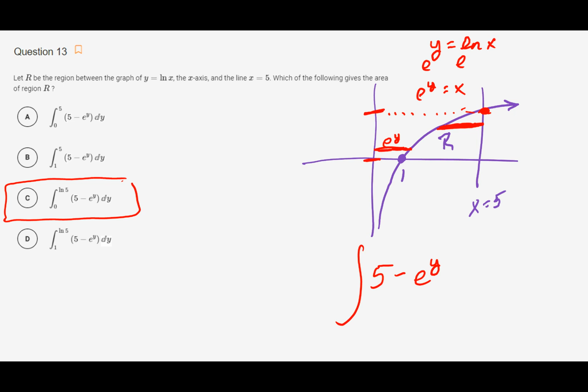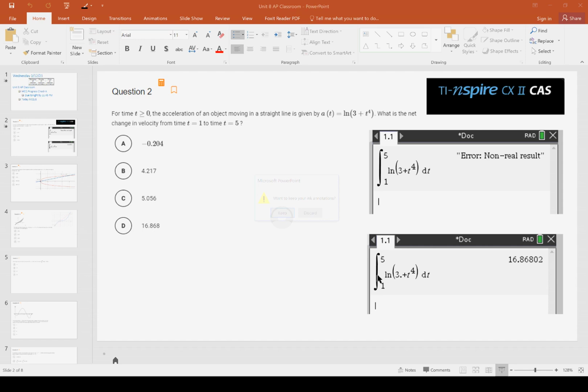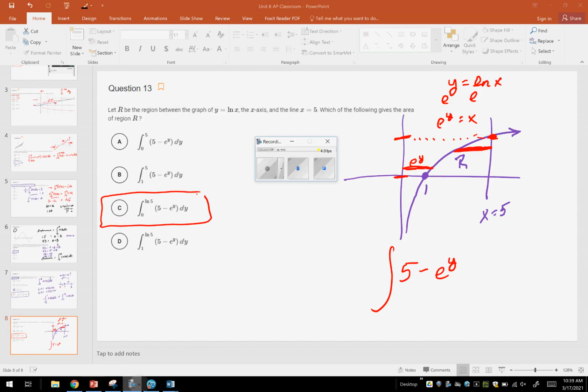So these are the ones that I guess stuck out to me that were a little bit different than what we've been doing. Not different, just an extension of what we've been doing in class. And these are the types of